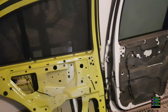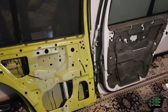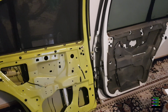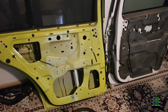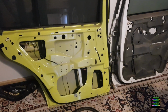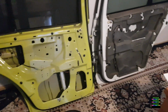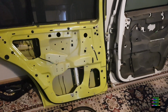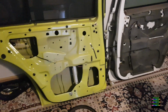These are the two doors I got for the electrics, because the Ford BF has got manual window winders on the back, and so I'm going to make a video on seeing if I can change these to electrics and what's involved. And that way also, when you watch, if you have something similar or you've got a friend that's got something similar that they may want to do, hopefully this